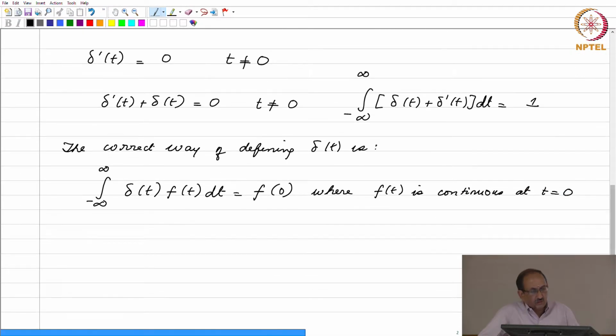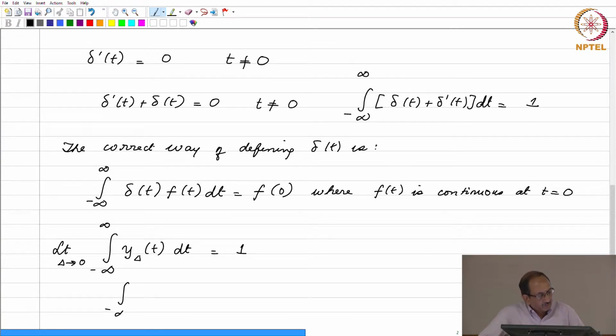The reason why you are running into difficulty is, for example, suppose you consider a function like y delta of t, and this is one for all cap delta for the y delta that I have shown, and what we are doing is applying the limit as cap delta tends to 0, and then the flaw is in this step. Integral obviously is a limiting process. Here you have the limit cap delta tending to 0. What we are doing is interchanging two limiting processes, and then taking the limit inside the integral sign,